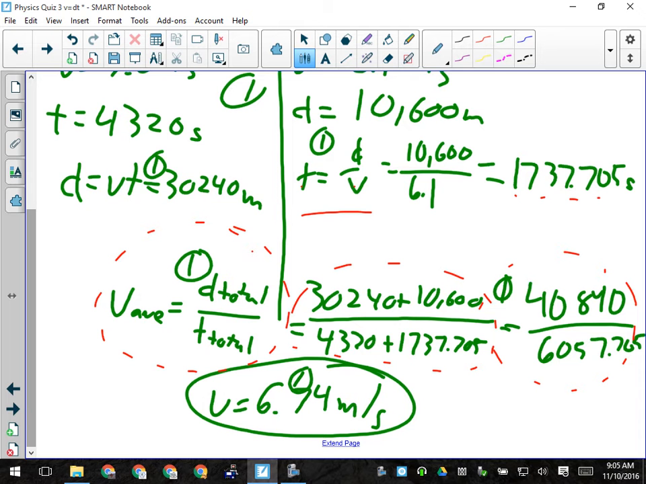That's a marathon, 40.84 kilometers. Okay, and that took them 6,057.705 seconds. When I divide those two things, that's total distance over total time, I get that their average speed was 6.74 meters per second. Okay, if they rounded off to 6.7,